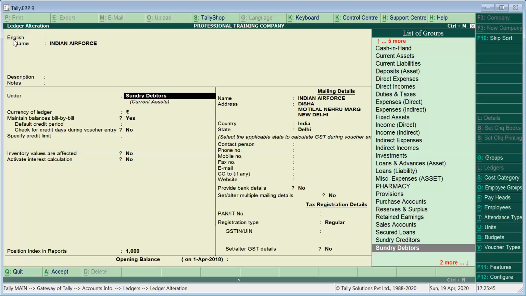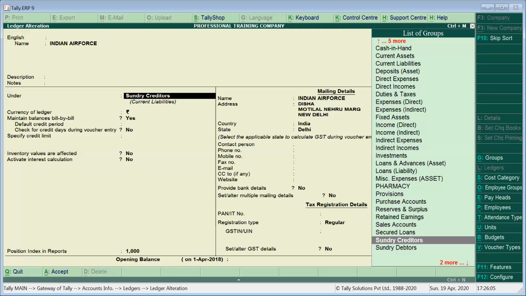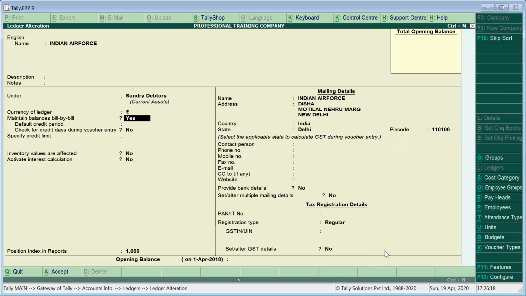Okay, now what is the use of alteration? Say Indian Air Force was our debtor, but in case we feel that Indian Air Force is not our debtor, and I have mistakenly selected sundry debtors, so I need to change them to sundry creditors. So from here I can make them sundry creditors. All right, so instead we are going to give it sundry debtors because sundry creditors come under current liabilities. So we are going to just keep it sundry debtors because we have already worked in this company. This will change our setting. This is just to show you. All right, sundry debtors. Now maintain bill by bill, yes. All the options we are not going to disturb.